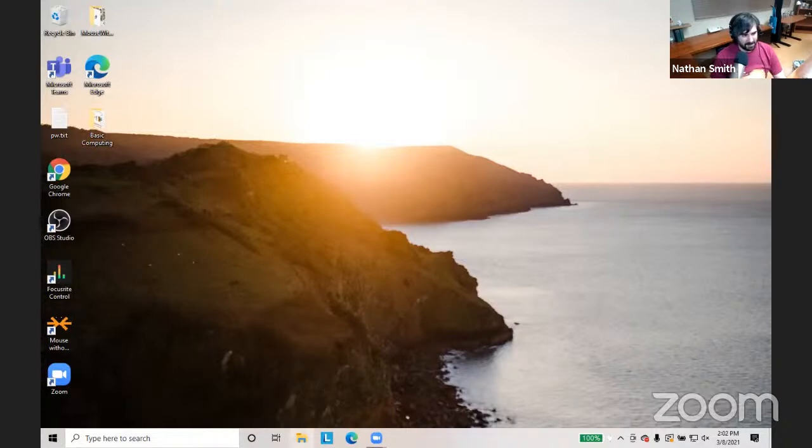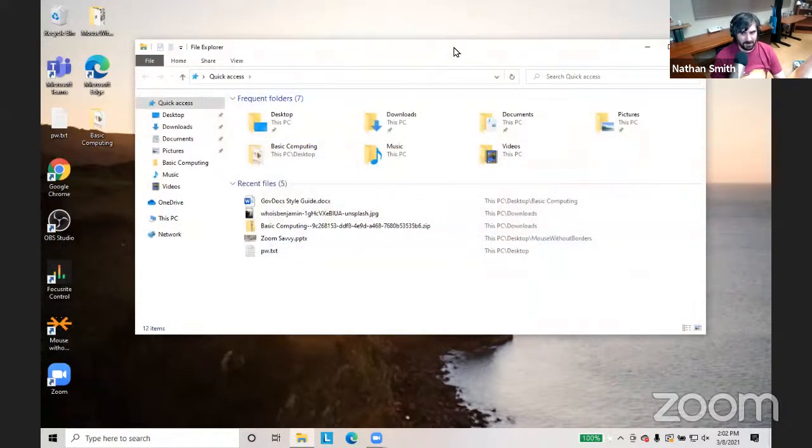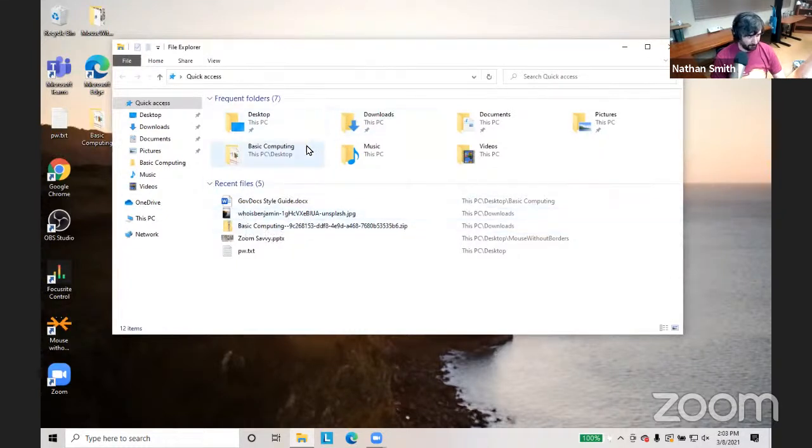What I'm going to do is come down here and click on this little folder. I'm using Windows 10, by the way. If you have an Apple computer, this works somewhat differently, although the equivalent of this on a Mac is the Finder. But I'm going to click on this little folder, and it opens up what Windows calls the File Explorer. The File Explorer is a way that you can see all the stuff that's stored on your computer